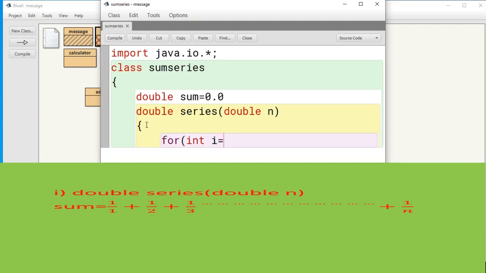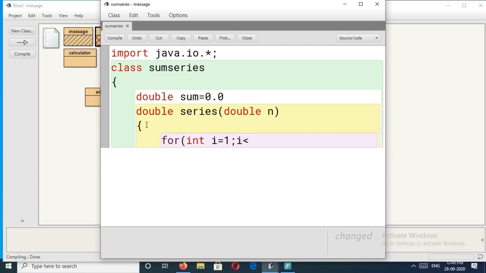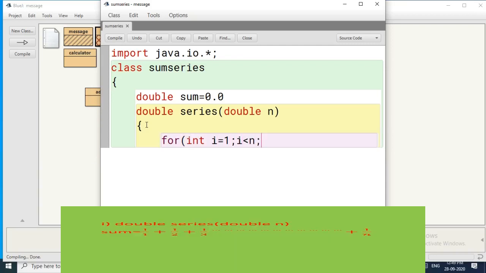We will start the value as 1, semicolon, i less than or equal to n, the limit is n here, then i plus plus, then close the bracket, then enter, then open the curly bracket again, then enter, sum equal to sum plus, okay, after that we need to use type conversion, because we need to convert these values into double.